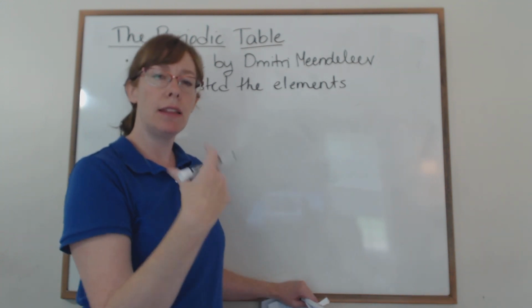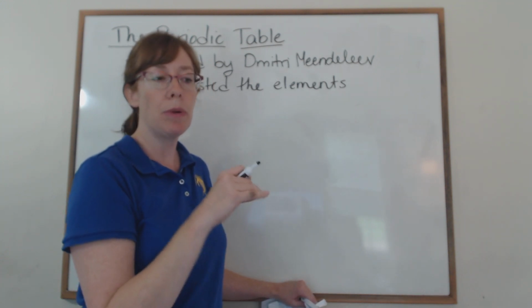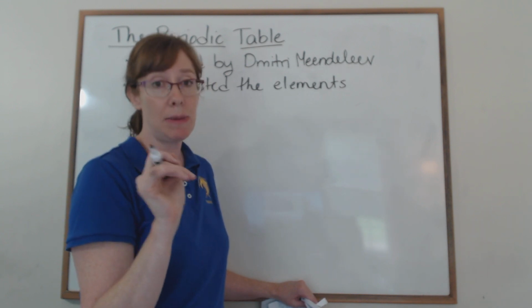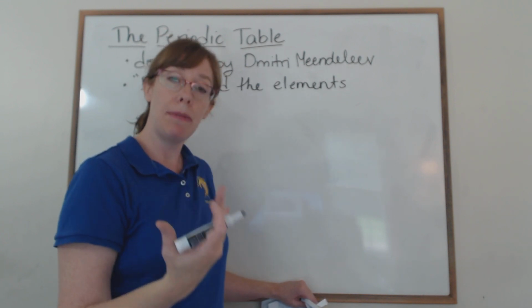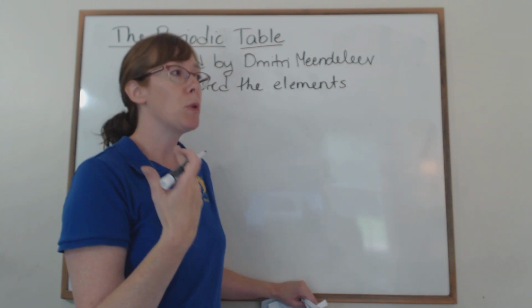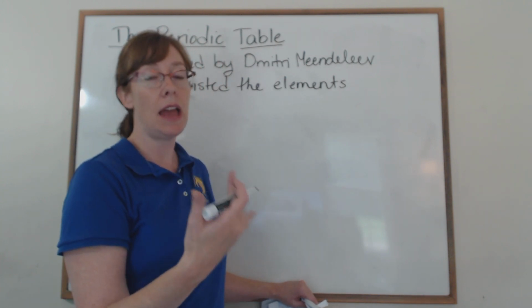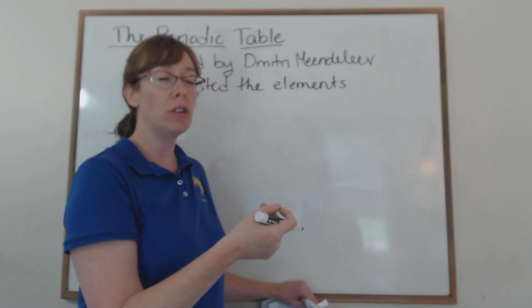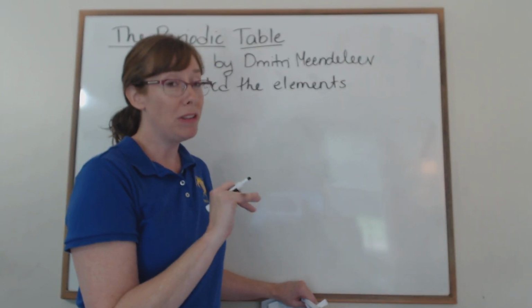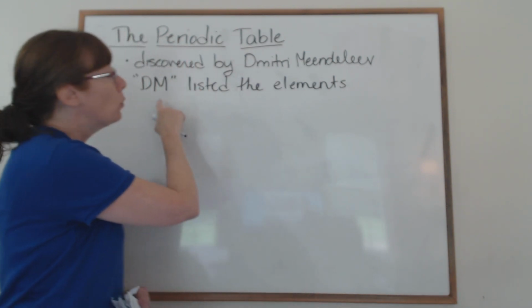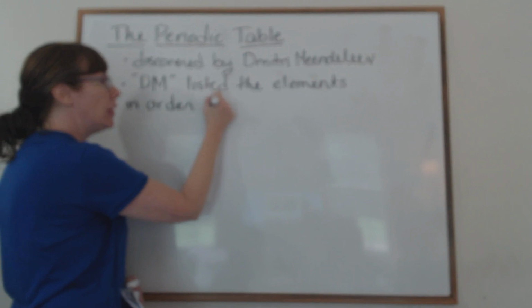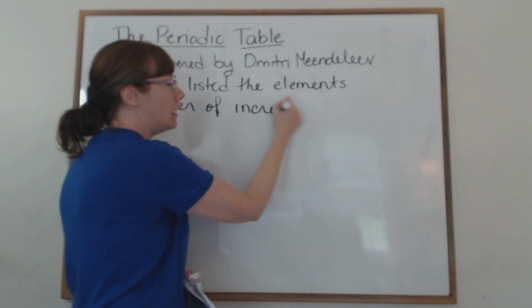They were able to understand that hydrogen and helium were different. They were able to understand the difference between sodium and potassium, many different things about them: how much they weighed, what type of compounds they made, what type of state they existed in at room temperature, and the type of chemical reactions that they underwent. They knew a lot more than you would think. But what he did was he listed the elements in order of increasing mass,